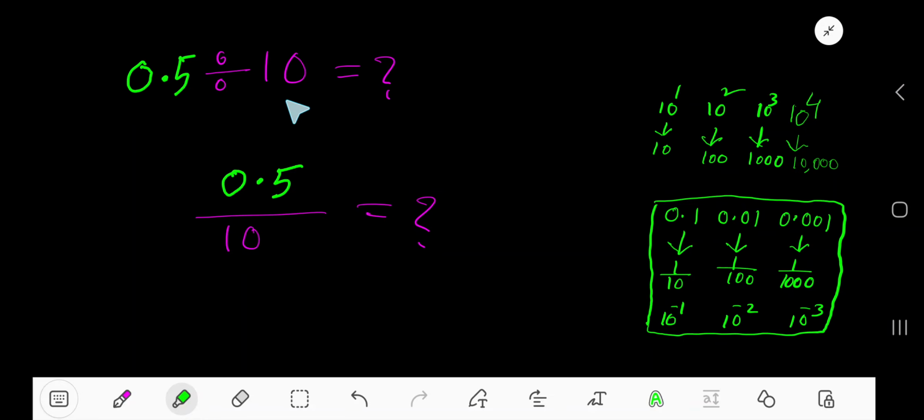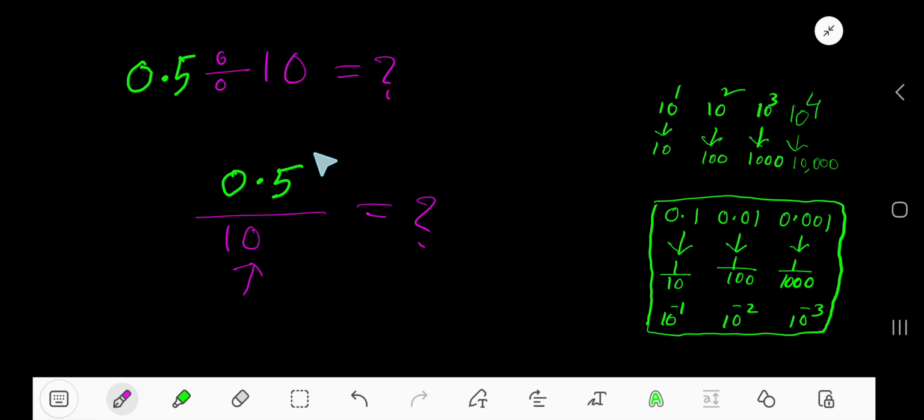0.5 divided by 10. Look, here 10 is a divisor. 10, 100, 1000, 10,000 are called powers of 10, of course positive. To divide a decimal by a power of 10, just count the number of zeros